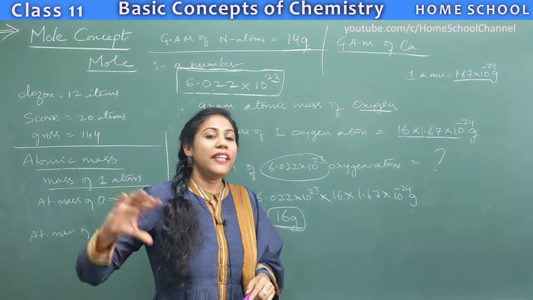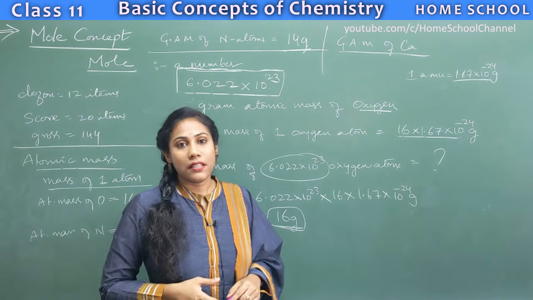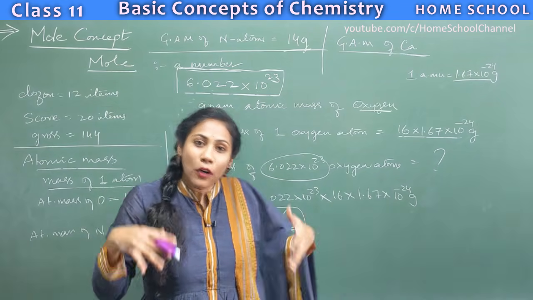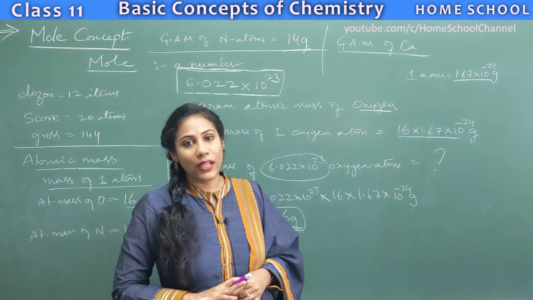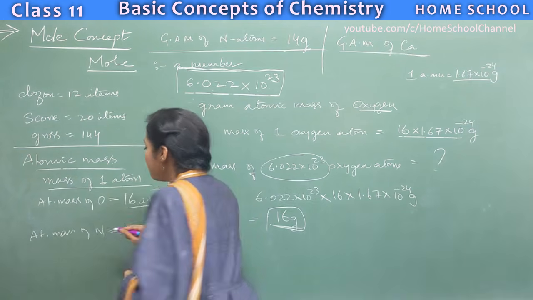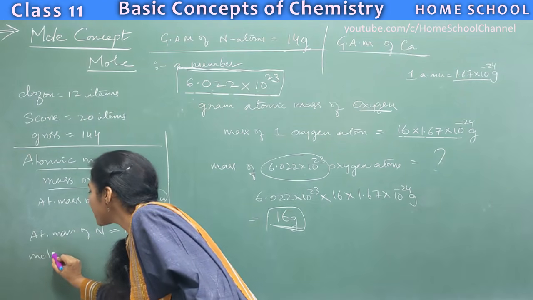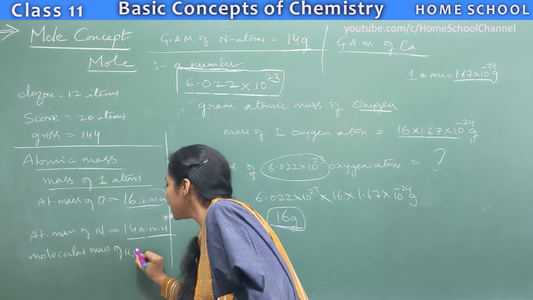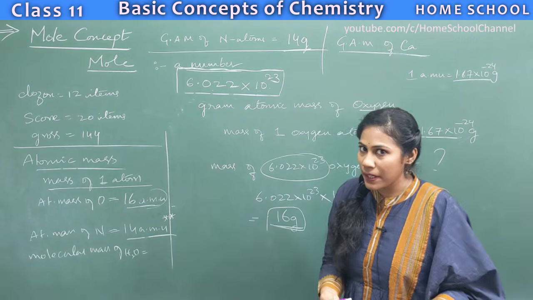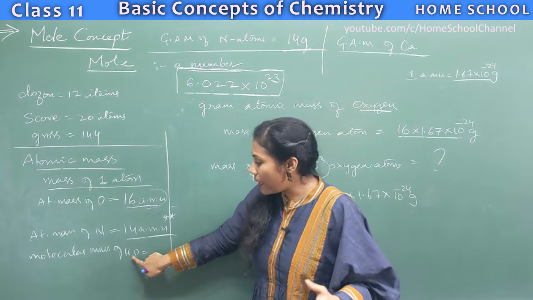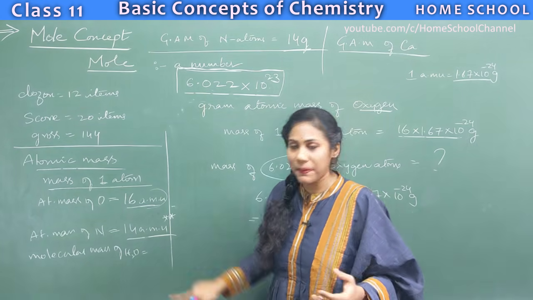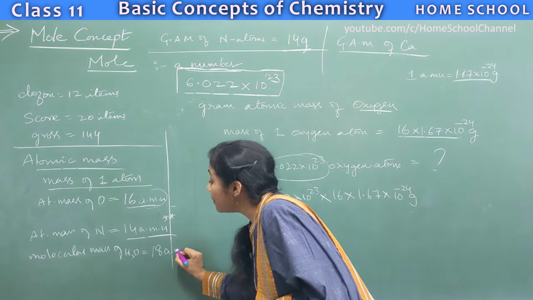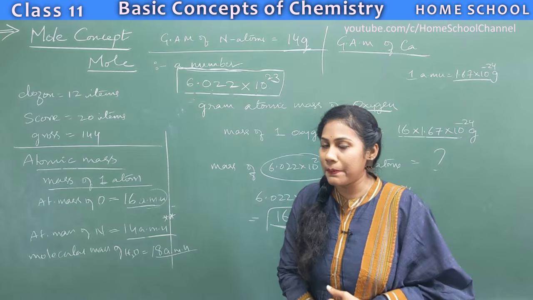Okay, similarly we have gram molecular mass. So what may be this gram molecular mass? Mass of 1 mole of molecules is called gram molecular mass. Okay, say for example, when I ask you what is the molecular mass of water? Say we know how to calculate molecular mass, right? You just have to do sum of atomic masses of the elements present in a molecule, and here in the case of water it is 18 AMU. We have studied this in our previous class.